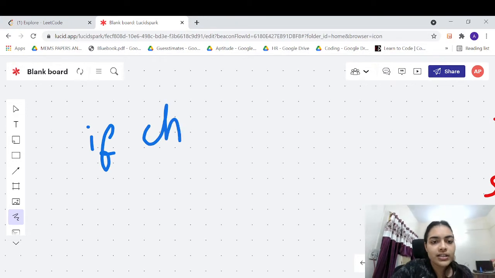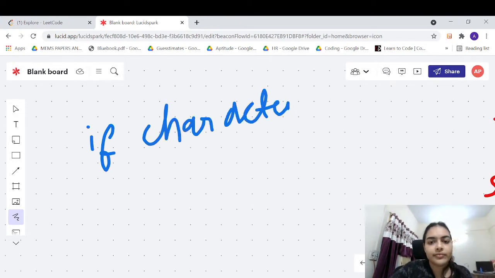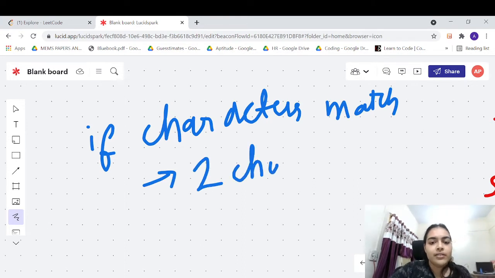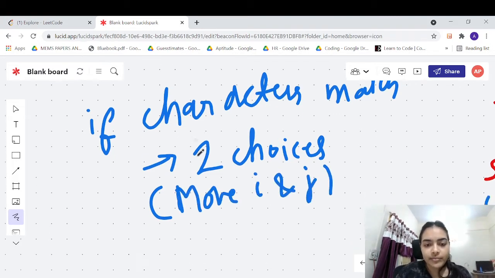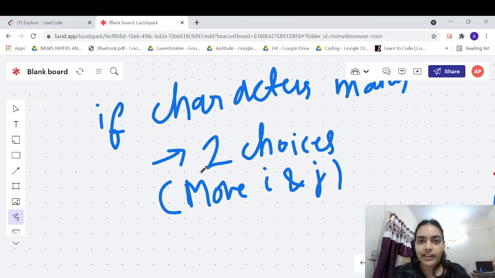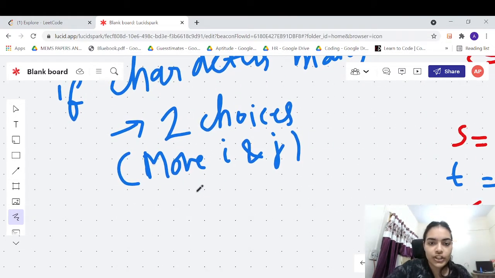If characters match, you have two choices. Okay, so what are those two choices? Move I and j both. That is, you have found the character, you're considering that character. This is one of the choices.